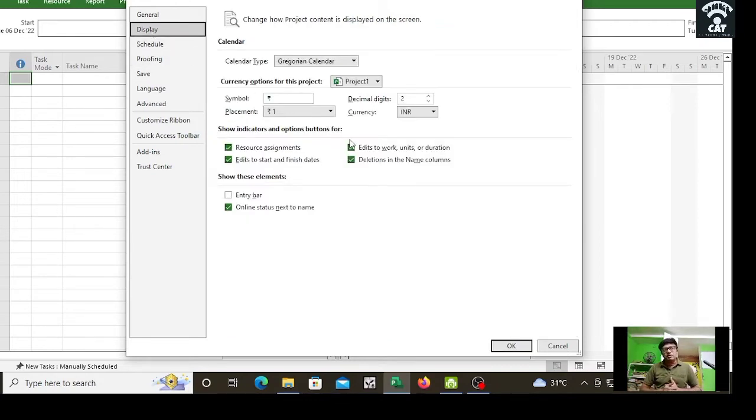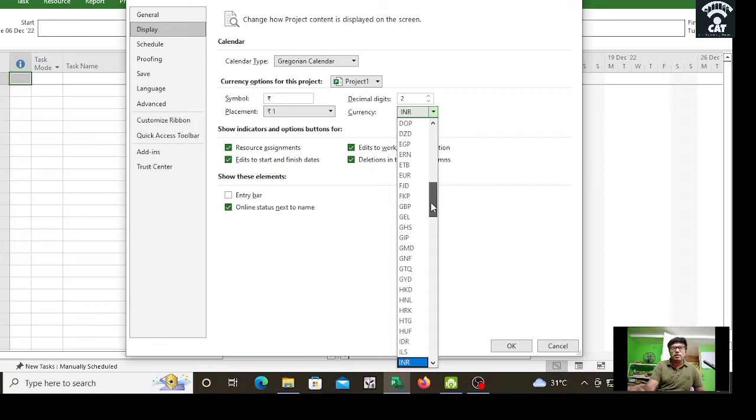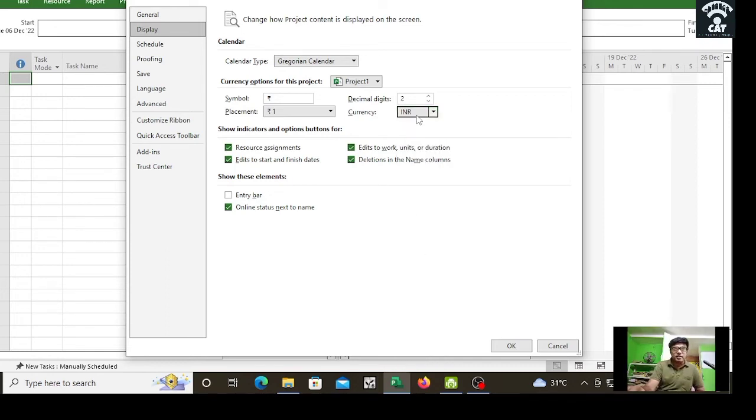Here is the thing that I said, changing the currency. But when I got this, I had already changed it to the dollar. Here you see the placement symbol, rupee sign, currency is INR. If you want to change it to dollar, you can change it here. You will see a dollar sign here. You can change it to any country's sign. India is INR, so I provide it as INR. Or if I change, for example, to euro, see the symbol changed to euro. Since I don't need euro, I want it in INR, so it will be in INR, rupee. Okay,